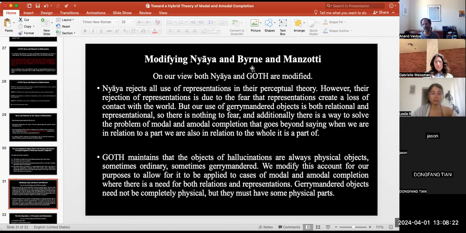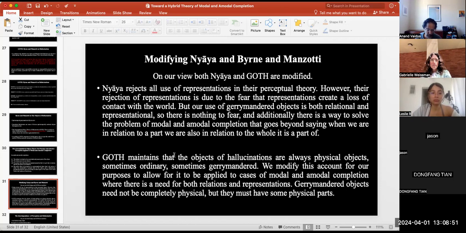For example, the role of the hallucinatory projection. There is a question about whether or not the Nyayikas need to accept any representational content in order to actually account for modal and amodal completion through using the gerrymandered object theory of hallucination. But I'm going to just basically say that even if they can do that, there might still be other reasons to say that they don't have to be pure